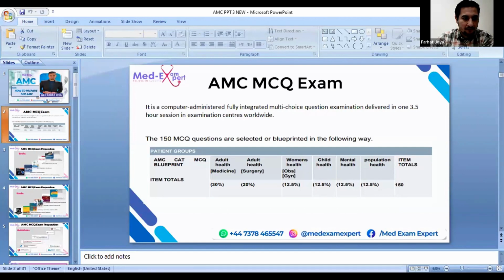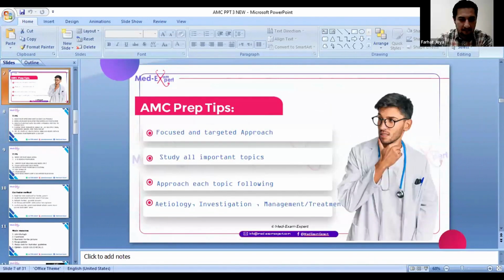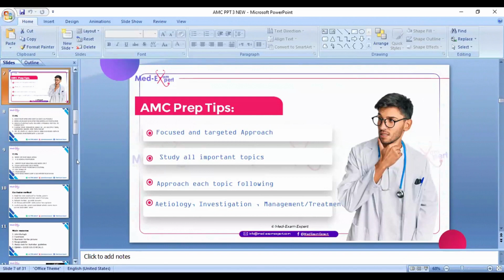All right, there are some tips like do not underestimate the exam. Sorry, Dr. Farhad, I guess your slides are not moving. Can you please move back, and then share your slides again? Yes, one moment. Now we can see. Okay, it's the same issue again. Is it full screen or not? Dr. Farhad, it's fine. You can continue.